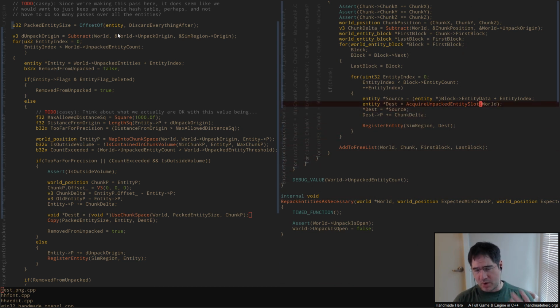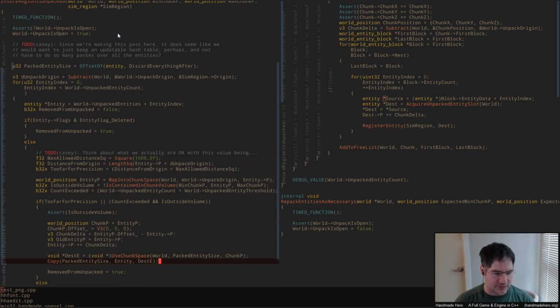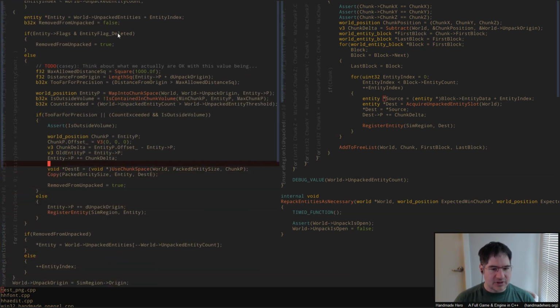So when we acquire an unpacked entity slot, I now want to make sure I can copy the rest of the stuff into it. And what you'll see here is that this code is actually kind of wrong, and I should update the other piece of code as well first. When I do my use chunk space, this is only going to advance by however much space